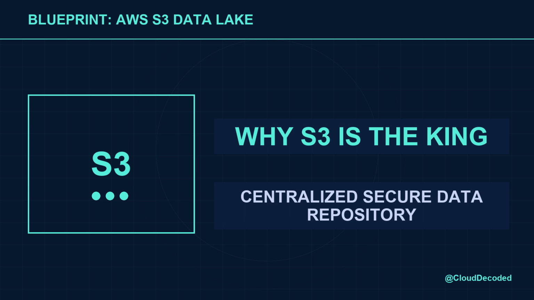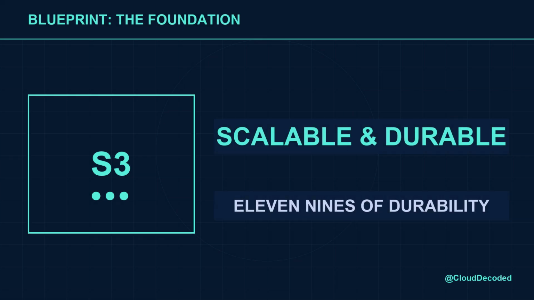And at the heart of almost every modern data lake is AWS S3. Why S3? Because it solves the three biggest problems of big data: scaling, durability, and cost. S3 provides 11 nines of durability and can scale to exabytes without you managing a single server. Crucially, it decouples storage from compute. This means you can store your data cheaply in S3 and only spin up expensive CPU power when you actually